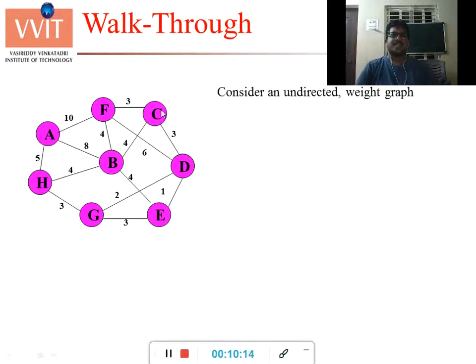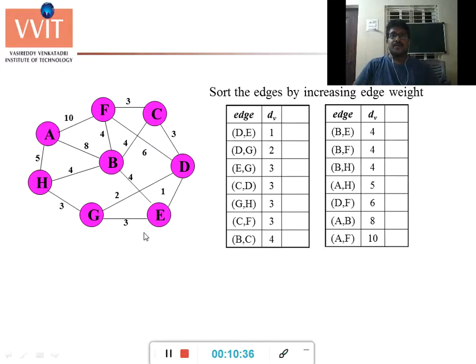So now let us take this example. Here this graph consists of 8 vertices and 13 edges. If you take this graph, now you have to draw a table based on this graph.